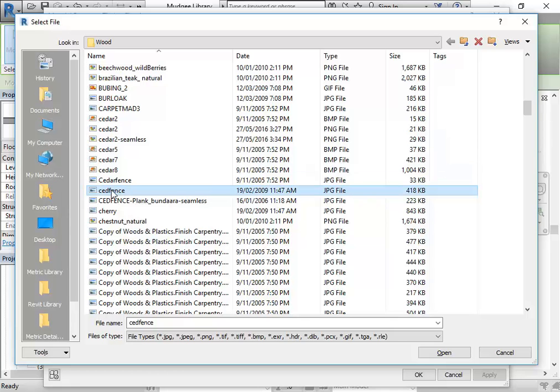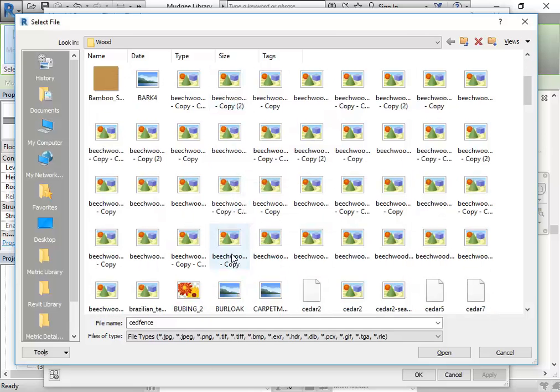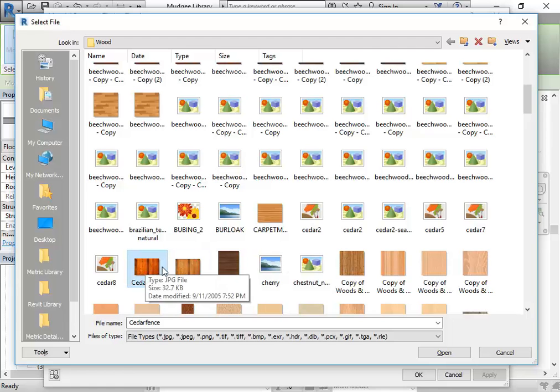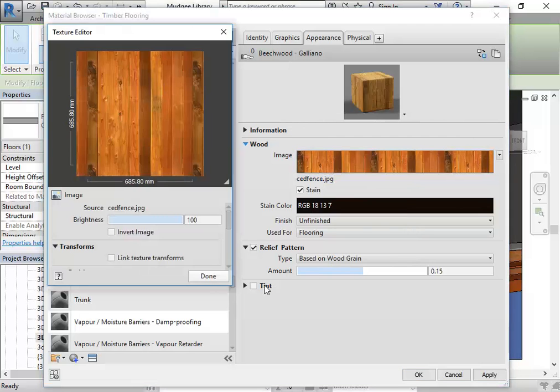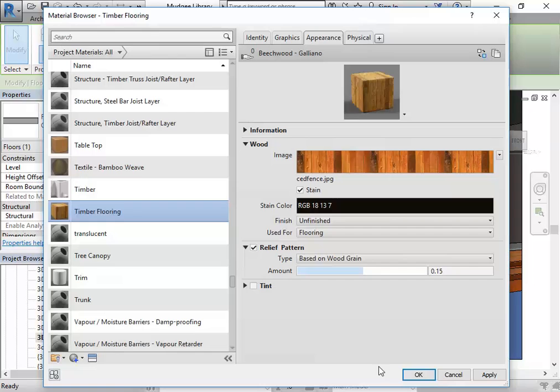Yeah. Okay, so I've got the file there that I want. I'm going to make sure it's the right one. Okay, so this is the file, but I'm going to click on, so I've been clicking on the file name. This time I'm going to click on the image swatch, and then we can see the size as well. So it's quite small. You can see there it's 685 mil, and that's the size of the whole image. So I'll close this and just show you